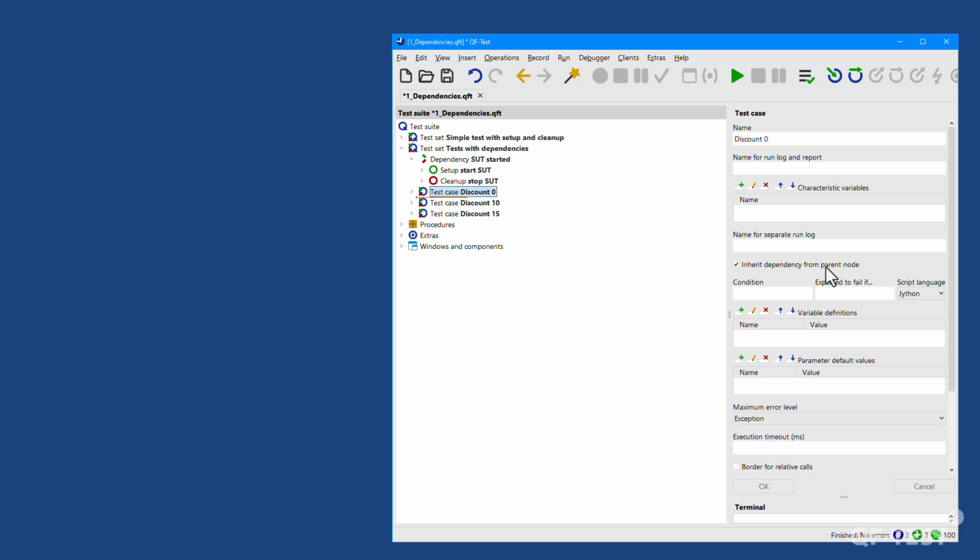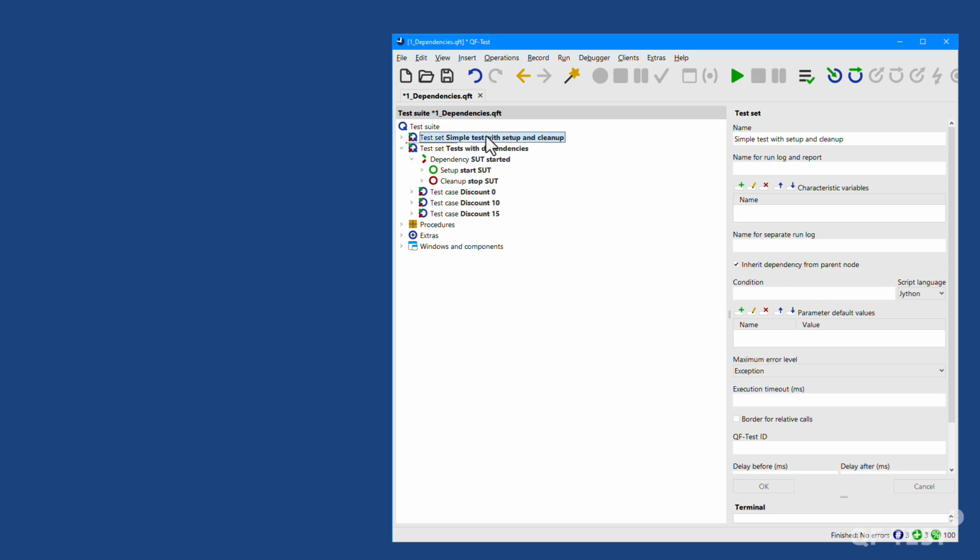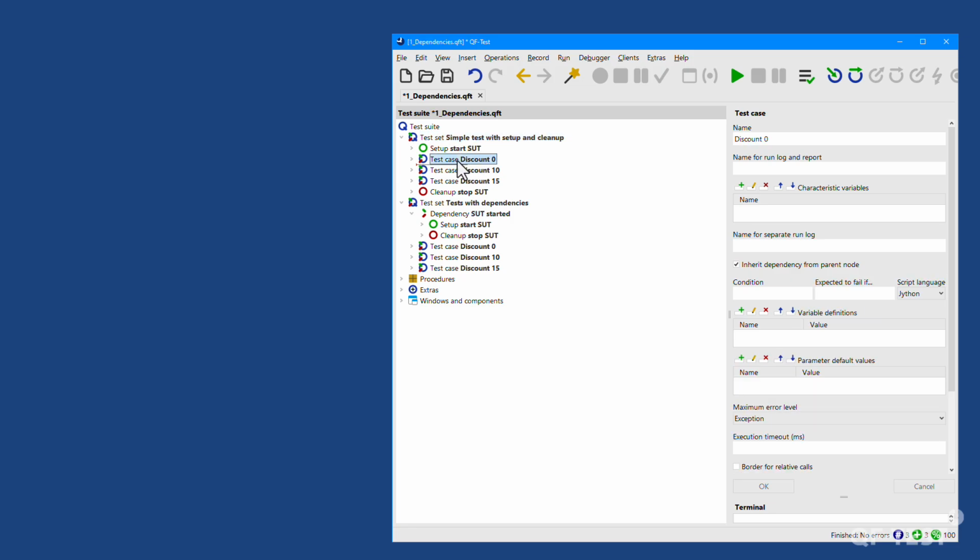To do this, I need to make sure that no SUT is running. So I'll just press Run, Reset Everything. As you can see, no client is active anymore, which means that our precondition, namely that the SUT should be started, is currently not fulfilled. If I now want to start a single test in our old test set, this won't be possible, and we will see that we will get some problems there. So if I start test case O from the previous test set,